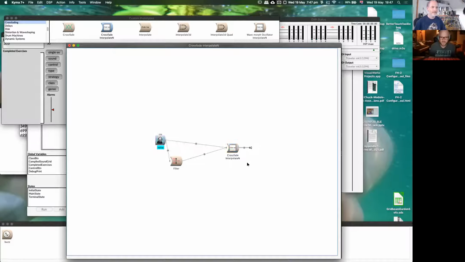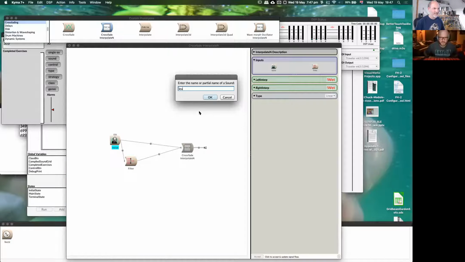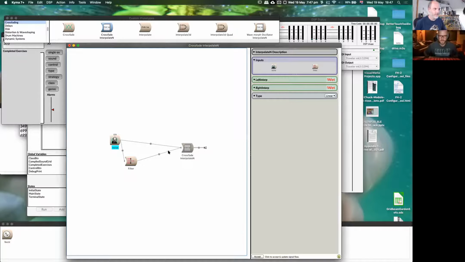So now we have a crossfader that should crossfade between noise and the all-pass. It starts with the top leftmost sound, which in this case would be the noise, and then the filter. So if this wet control is 0, it'll be noise, and if it's 1, it'll be all filter. So we can make a 50-50 balance. Now, we might want a level control on the end. Actually, no, I've got a knob right next to me, so I'll just fade it down.